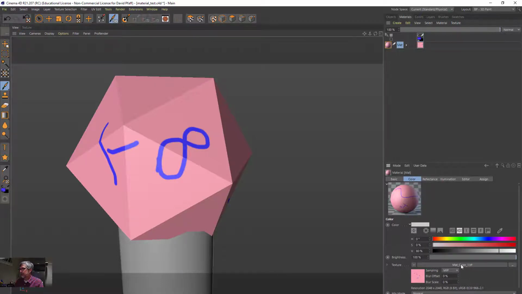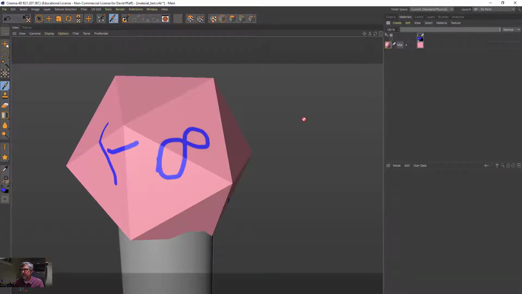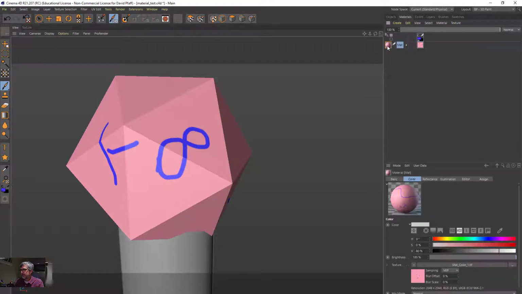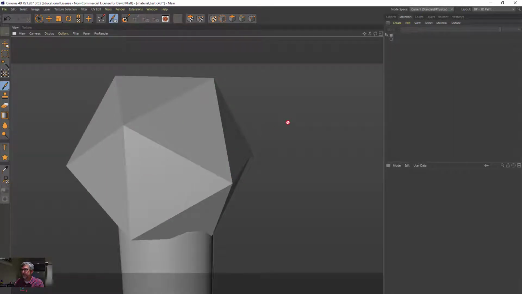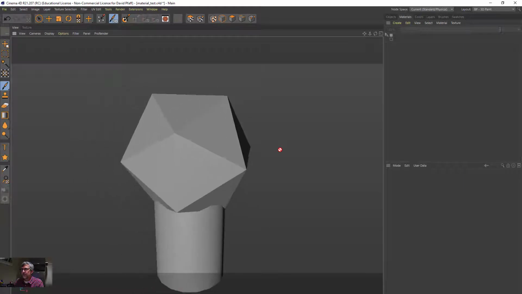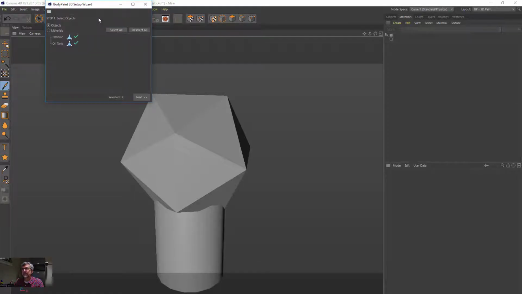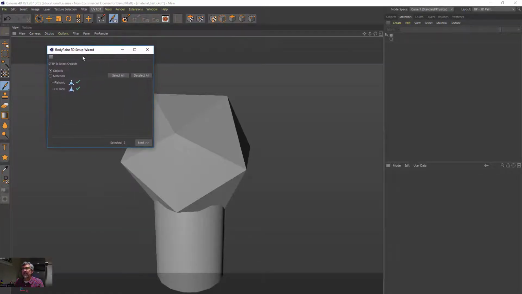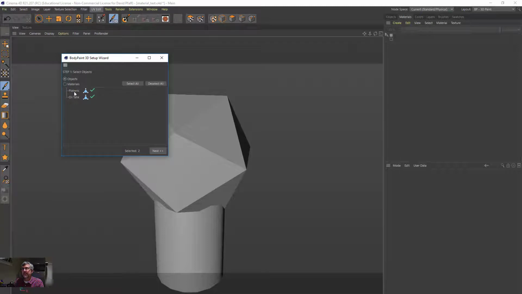Or if we wanted to load in another texture, we can load it in here. Okay, let me quickly show you the paint setup wizard option for texturing objects. I'm going to go ahead and delete this texture completely, so we're starting from scratch here. And what I need to do is just click these three stars, and this will bring up the setup wizard, and it brings up a list